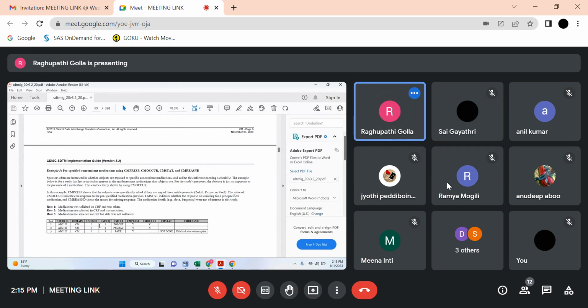So one subject consists of three sequence numbers: CMTRT, Zoloft, Prozac, Foxil. So treatments. This is the treatment group. Pre-specified is nothing but, in the CRF form, they have specified the pre-specified list or text. So pre-specified